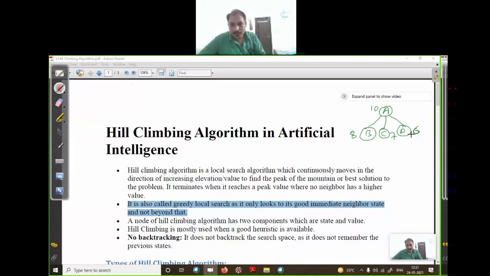As you can see, among 8, 7, 6, 6 is the least, so we will select node D only. We will prune the two successors which have a heuristic value greater than node D.